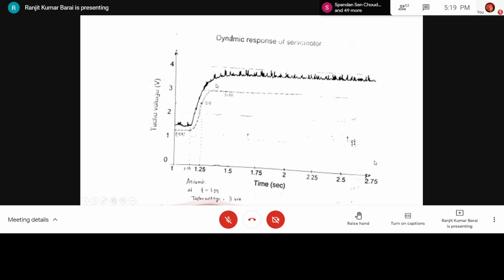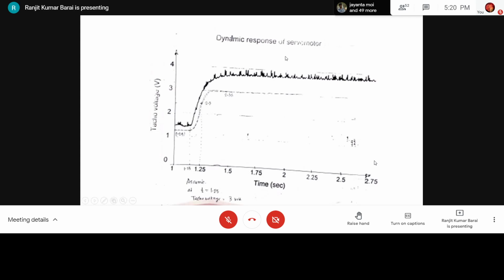Actually, it is quite challenging because the response is so fast. The data to be captured is at a very hard real time. That is a problem. Now, this dynamic response, see what is the specialty in it? You just neglect all these small oscillations. These are due to noise. If you neglect the noise, the curve or the graph is very similar to the step response of a first order system.